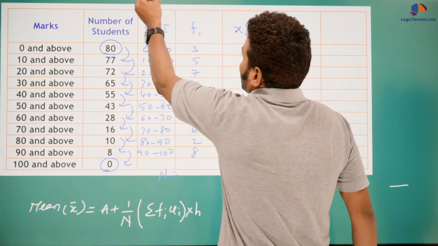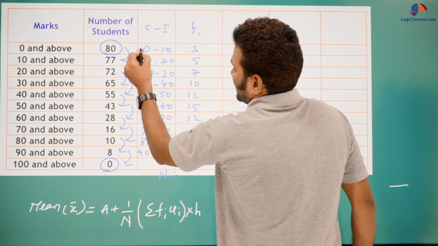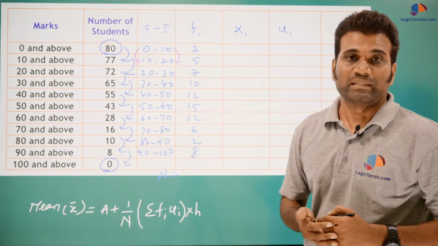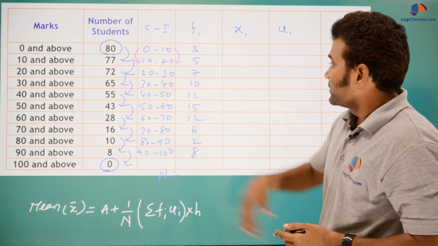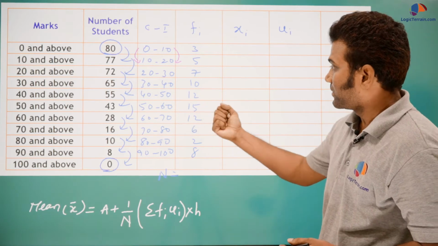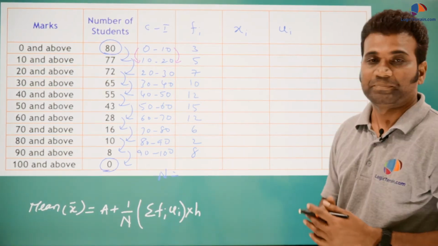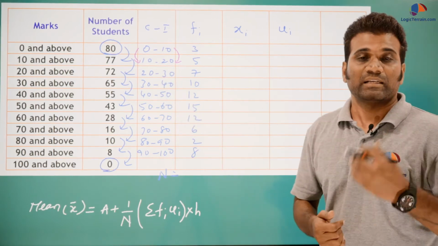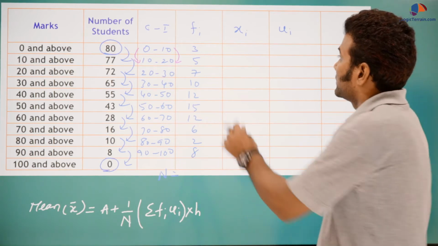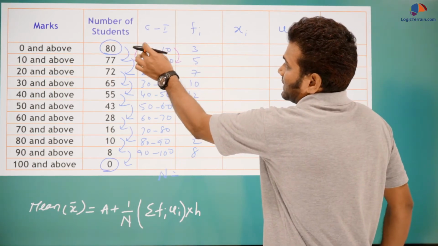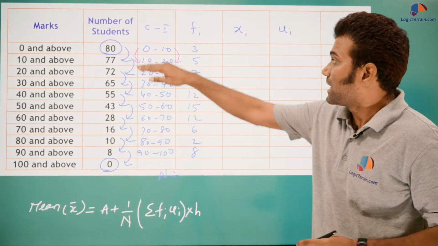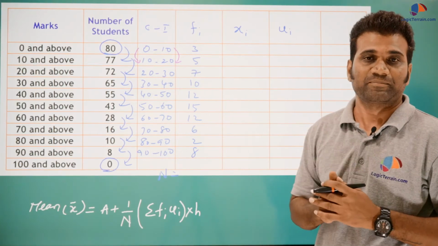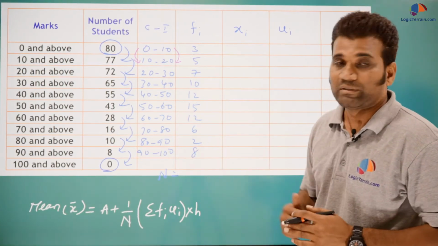So the length of class interval, you will get as the difference of any two consecutive lower boundaries or the difference of any two consecutive upper boundaries or upper limits, you can say, right? So this way, first we'll find all these values from the table. So xi's are mid values. So we'll find mid values, in other words, you can say class mark. So the mid value of this class interval, that is 0 to 10, we have a formula, that is upper limit plus lower limit upon 2, that is 0 plus 10 upon 2, which is 10 upon 2, we get 5, right? So similarly we have to do it for all.